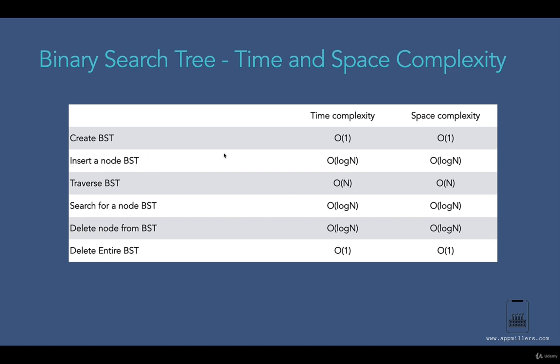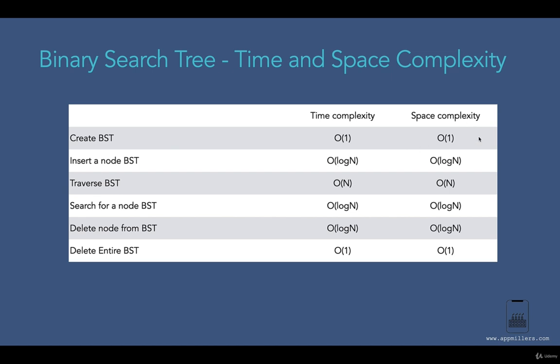Now when it comes to inserting a node to the binary search tree, we need to take into account that binary search tree has two properties. The first property is the nodes that are less than or equal to root node are located on the left subtree, and the nodes that are greater than the root node are located on the right subtree. So if the node that we want to insert is less than the root node, we continue to the left subtree, otherwise we continue to the right subtree. To find the location, we continue to one of the children. We cannot continue to both children, so that's why the time complexity will be O(log n).